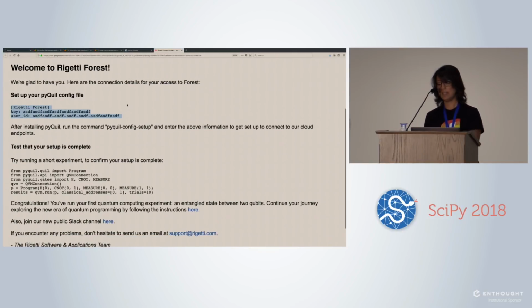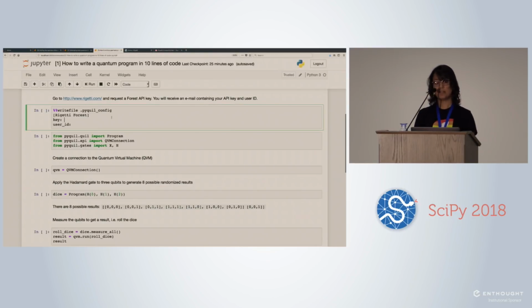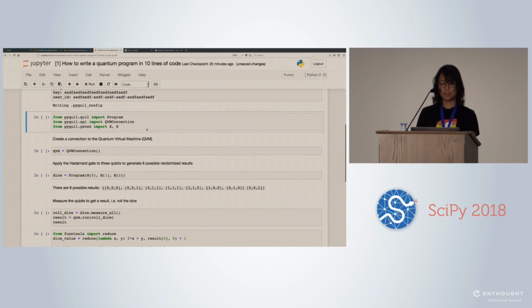This has your key and user ID in it, which here I've blanked out. And then you go to your notebook. Typically what you do is you just copy and paste the key and user ID in here, and write it to a file, .pyquil_config. You only have to do this once. Great. So now, presuming that you have installed pyQuil, which you can install with either pip or conda,